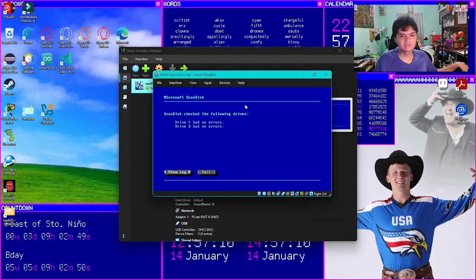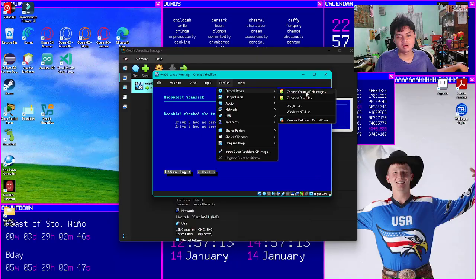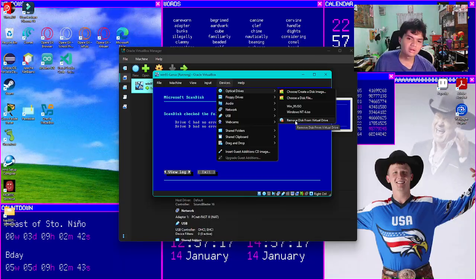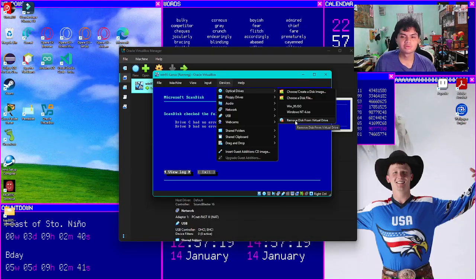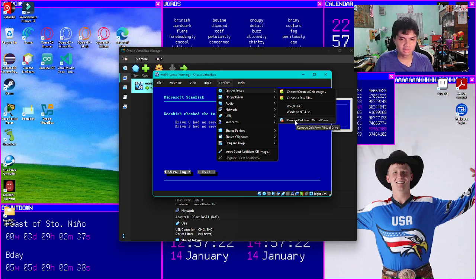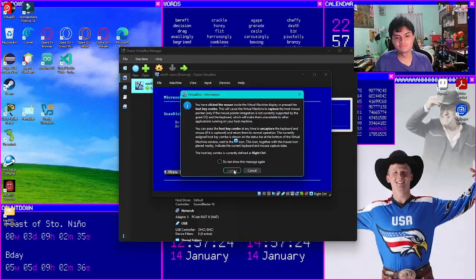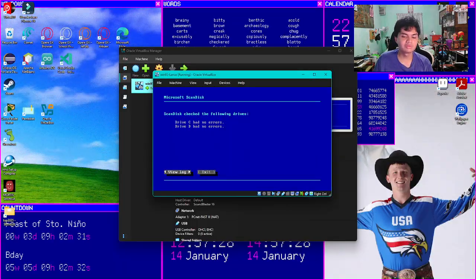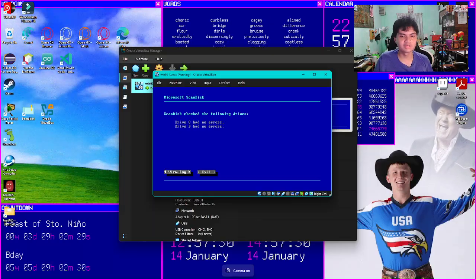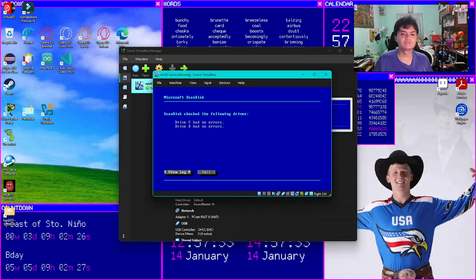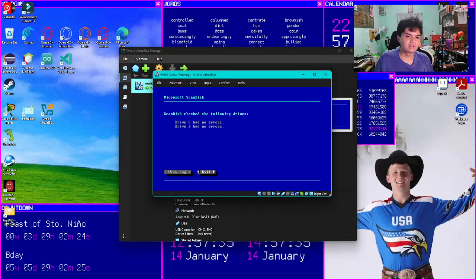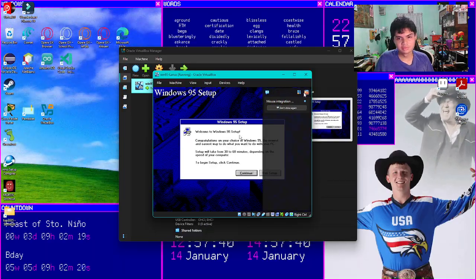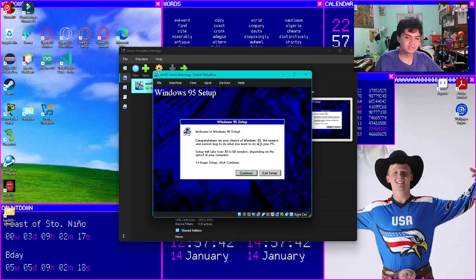So what we need to do now is remove the setup optical drive. We're gonna remove it and put it on another computer. If we need to install it on another computer, we're gonna remove it. And again, if we didn't remove it, here it's gonna go in the loop in the landing page. So we can remove it because we already copied all of the setup files to our C drive. Then you can now press exit. Here we go. So the Windows 95 setup is now working.